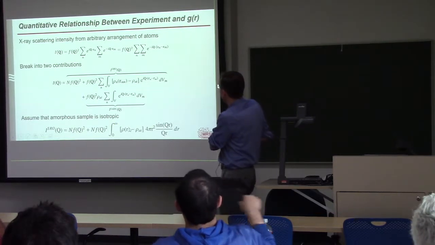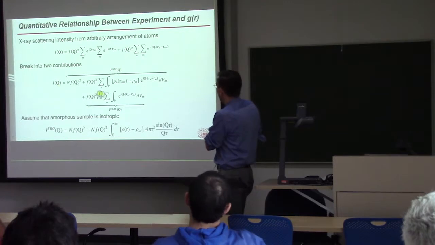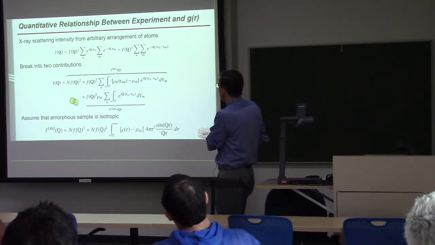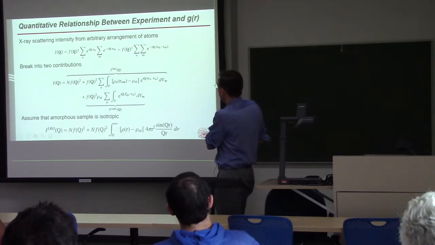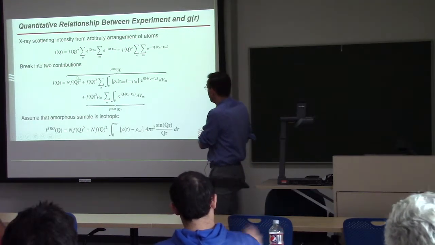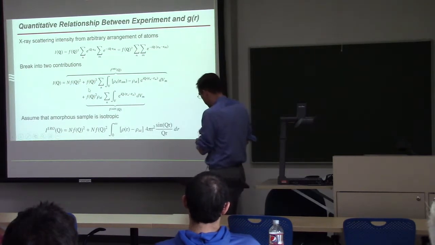But if you look carefully here, you'll see that there's a component that's local, this first term of this sum, and a component that tells you about the shape of the particles. We're going to ignore the shape of the particles, and we'll just look at the local contribution. But just to remind you, this is exact, and it depends on how much each component scatters.